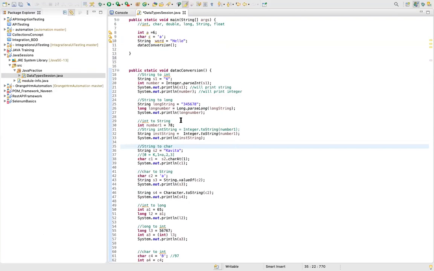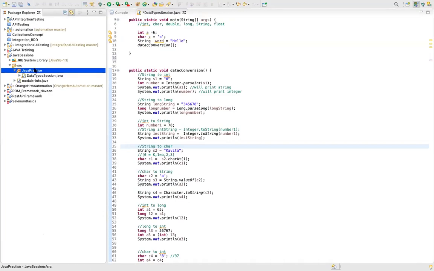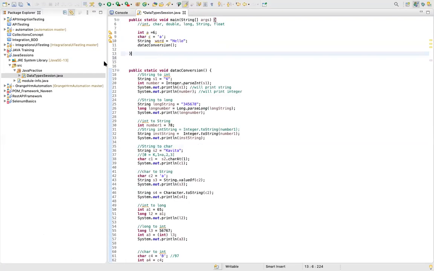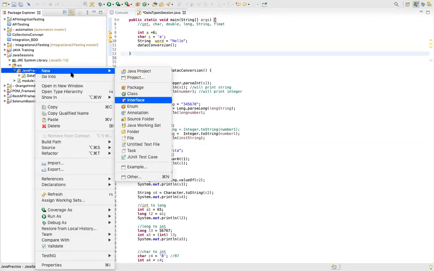So yesterday we saw the data type session. Today we'll start with class. Okay, so let's create one new class. I think everybody knows how to create a new class. You can just right click, say new,